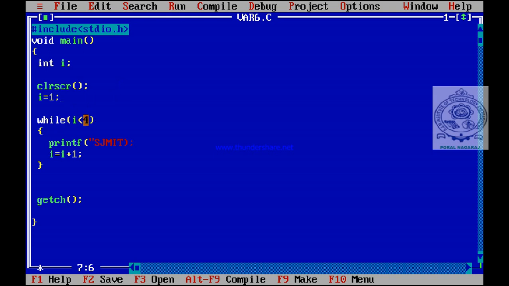Then the condition: i less than 4, while i less than 4. Then updation is i assigned value i plus 1. So updation should be within the body of the loop. And here observe that the body of the loop for while and do while loops should always be a compound statement only. Okay. So when I execute this program, see here, actually, instead of this, if I write only printf,